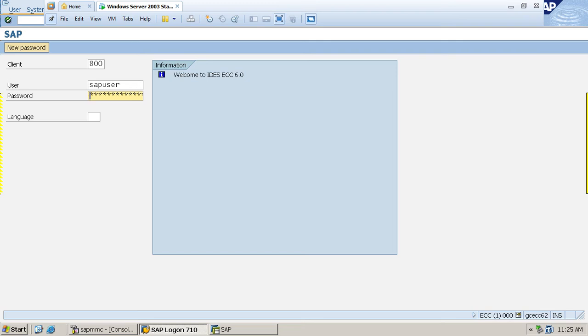If by mistake you enter a wrong password more than three times, your SAP login will be revoked, and we can't unrevoke it directly. So make sure you do not make more than two wrong password attempts. If you do, then you have to reinstall.